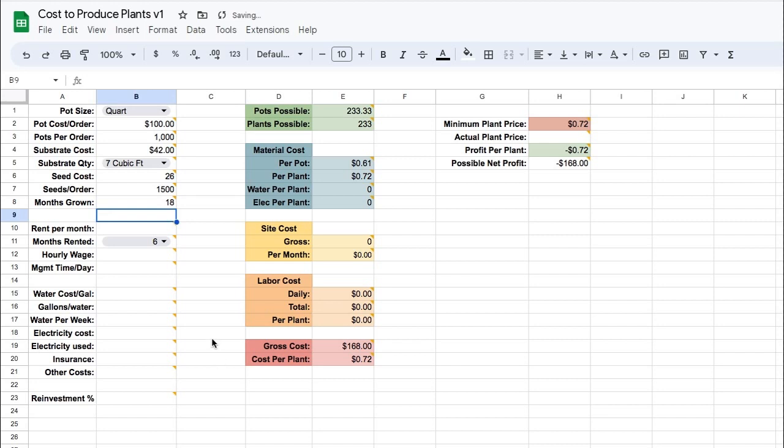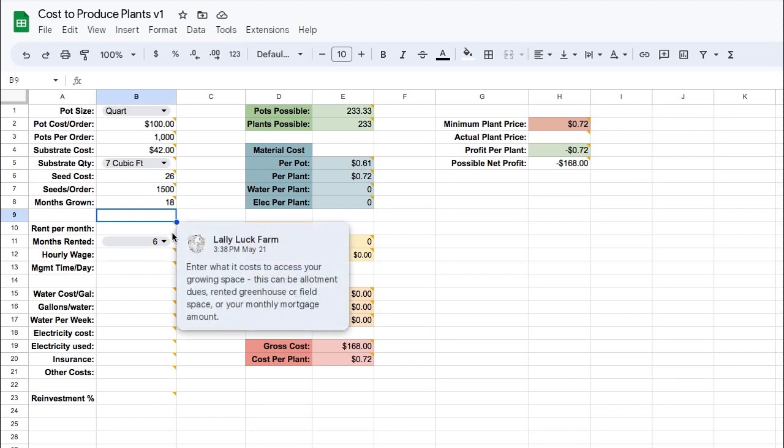And that will have an impact on our labor costs down the line. Now, this next chunk here is a little bit more in the access and labor. So this is your associated costs for the grow itself, given the amount of time that you're going. So in your rent per month, you can enter in what it is that you pay to access the garden